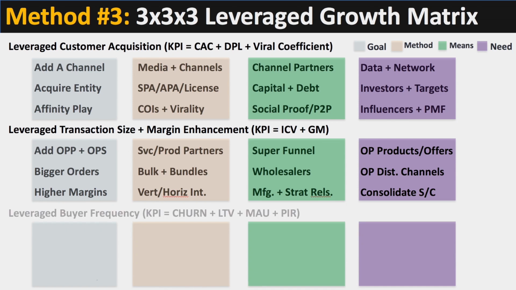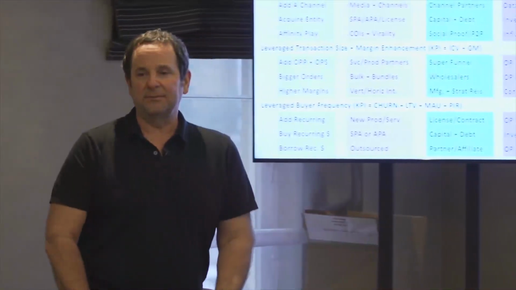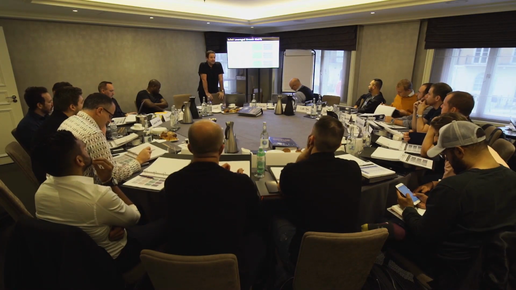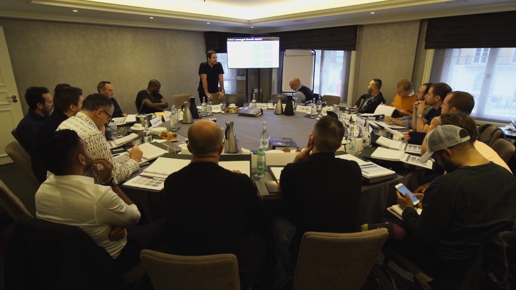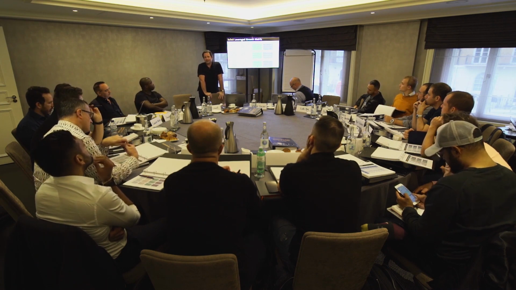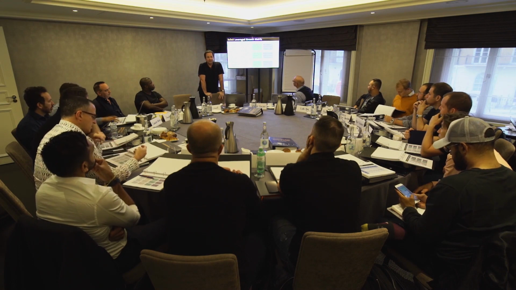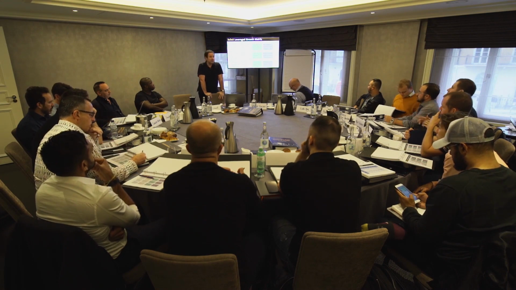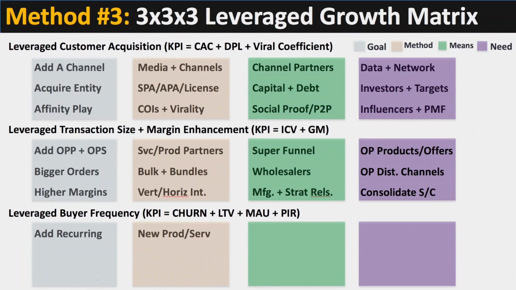And then how do we get people to buy more frequently? Well, the best thing, which we'll talk a lot about, is to add recurring revenue. And that can be new products or services that you don't have right now. And I mentioned earlier, one of the best ways that we find to do this is to go and make affiliate offers for recurring revenue products. And then if we see that a test portion of our list buys that, then we'll go ahead and create our own. That's new products or services is the method.